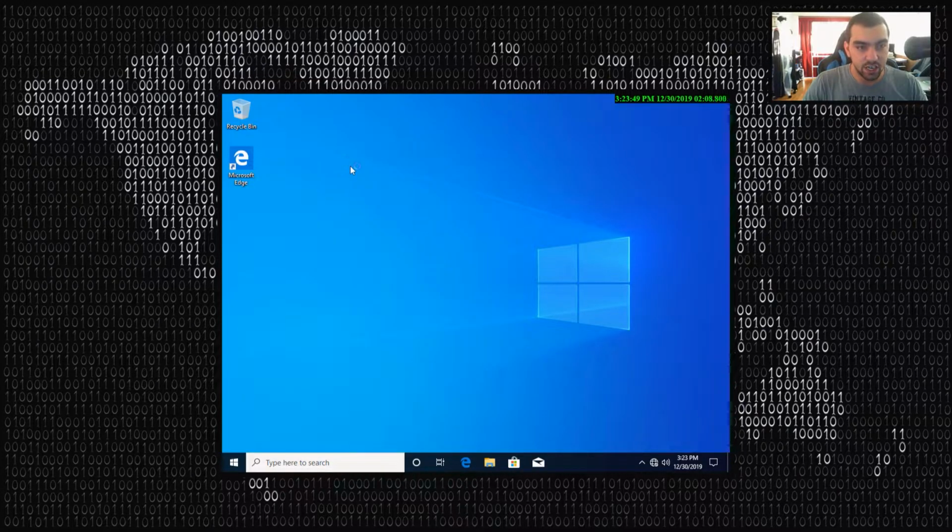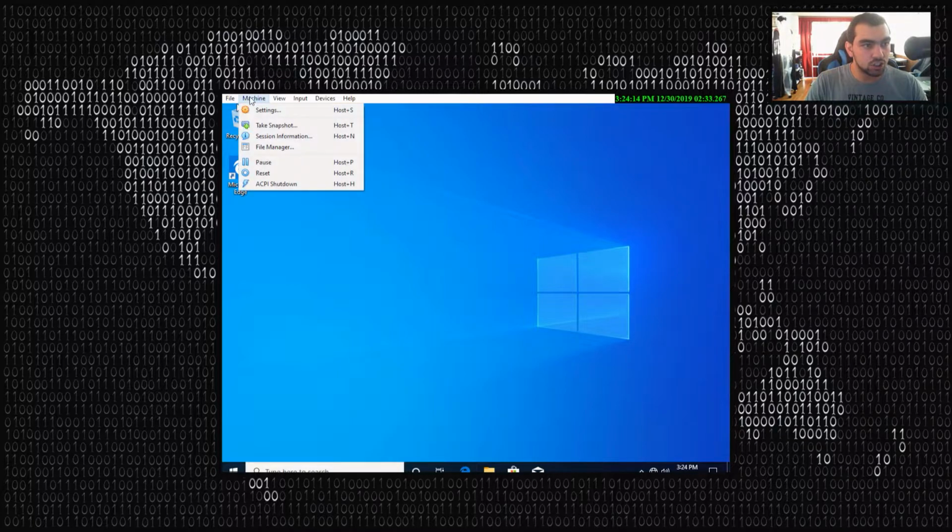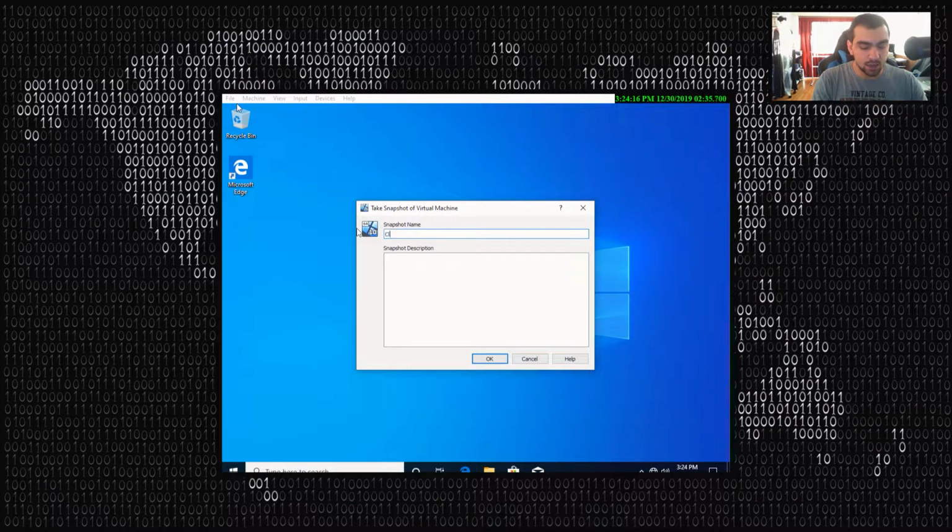Okay, it's finished setting it up, pretty much. Now, what I always love doing, as soon as I finish my installation process, is coming up over here to machine. I should probably increase this, shouldn't I? I'm just going to flip it a little bit up so that you can see kind of what's going on. So machine, take snapshot, and clean installation, little description. Doesn't need to have a little description, but